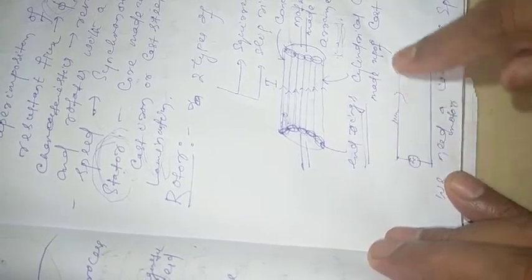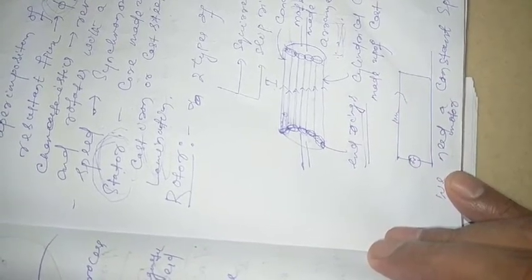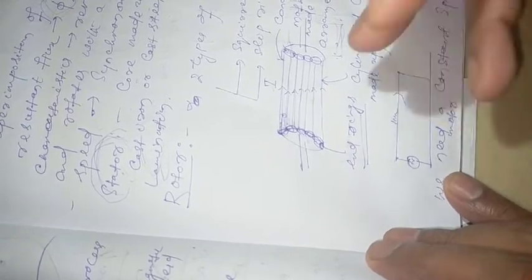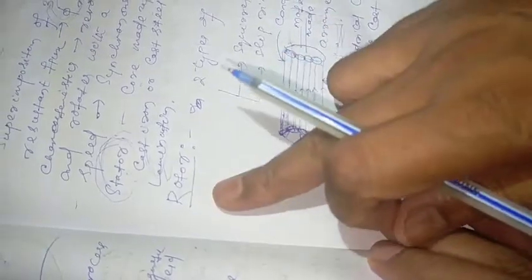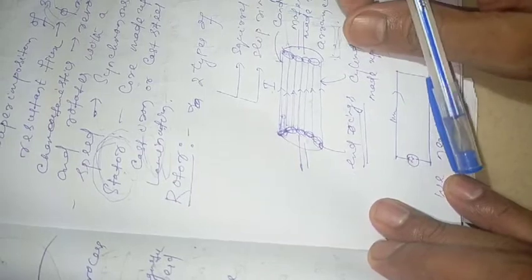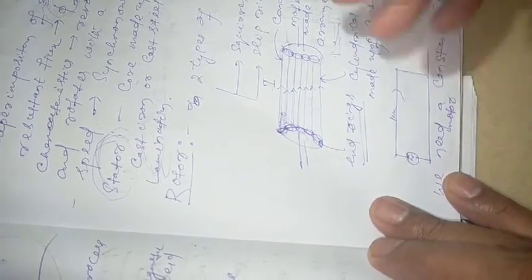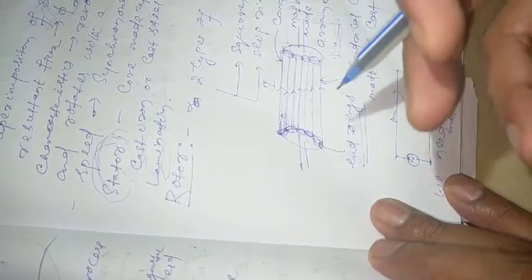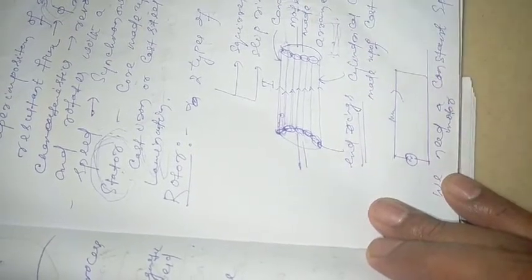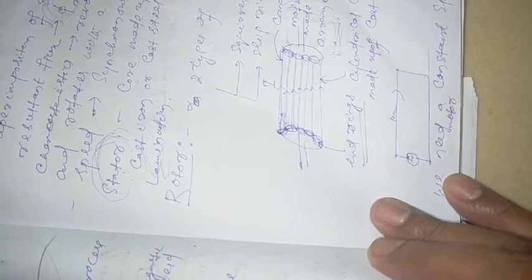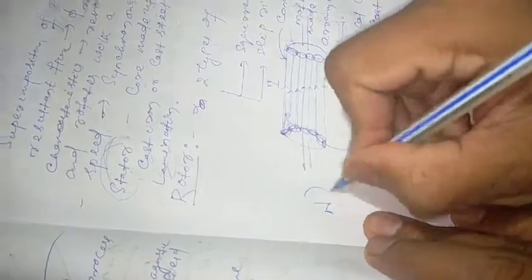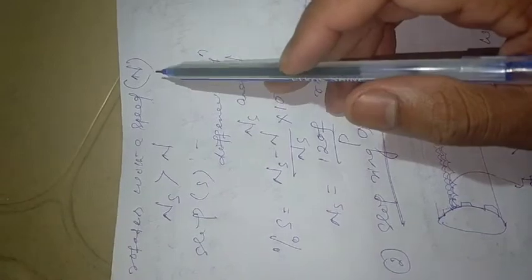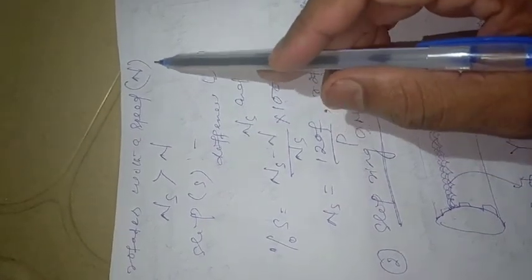When there is no change in the rotor resistance, there will be no variation of speed. Whatever the speed is, it will be constant. So this rotor has a constant speed. Once the rotor rotates, it rotates with a particular speed known as the actual speed of the rotor, or actual speed of the induction motor, and it is generally represented as capital N.